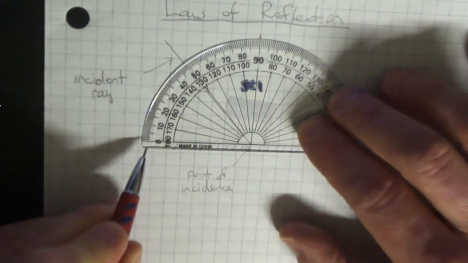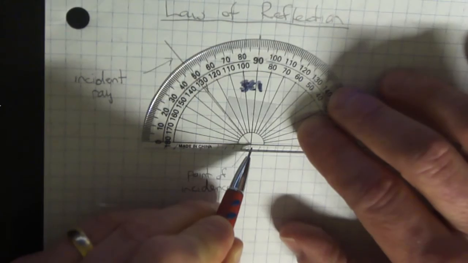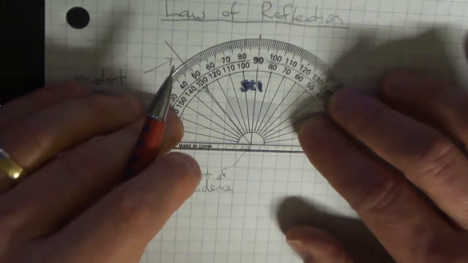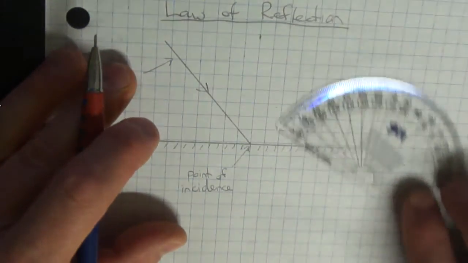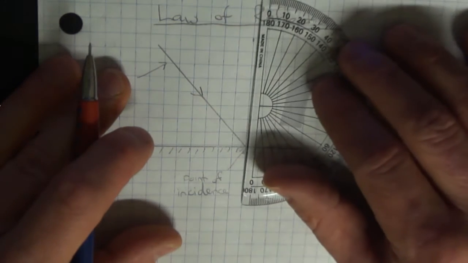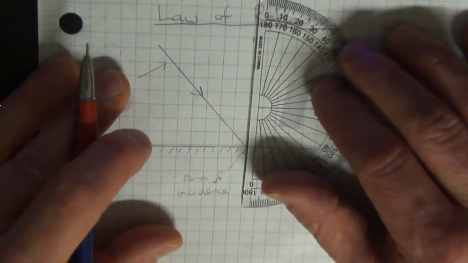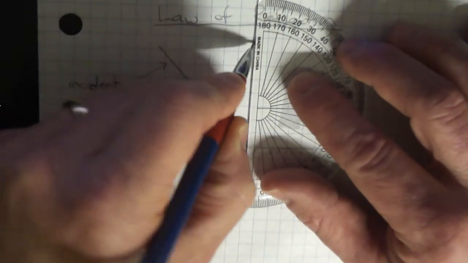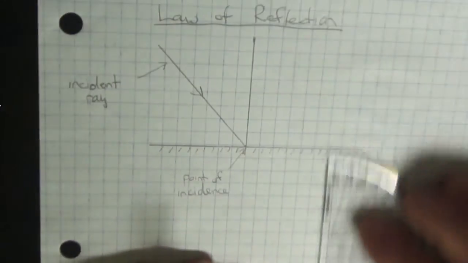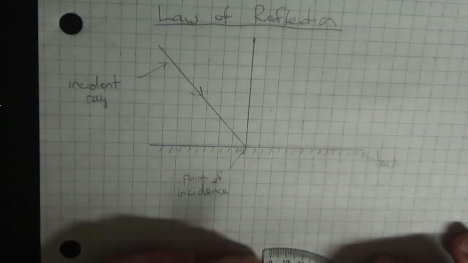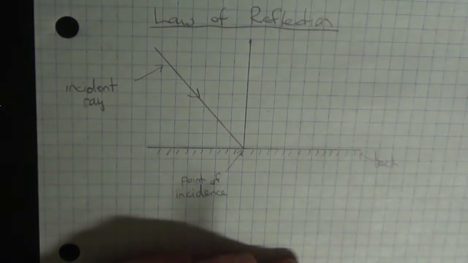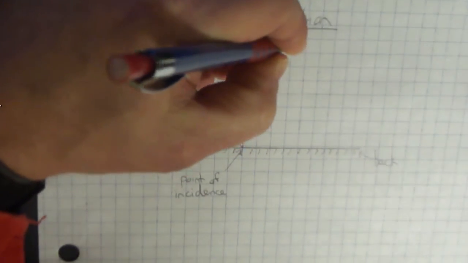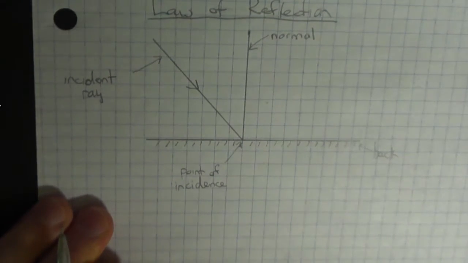So I've got it on the mirror. I've got the mark on the point of incidence. I go straight up to 90 degrees and I mark it. Now I'm going to remove the protractor. I could use the protractor as a straight edge because I just need a line that's straight. And I'm going to connect the point of incidence to that mark that's 90 degrees. Right there. And I've created a 90-degree line. In physics, we call the 90-degree line a normal. I have no idea why mathematicians